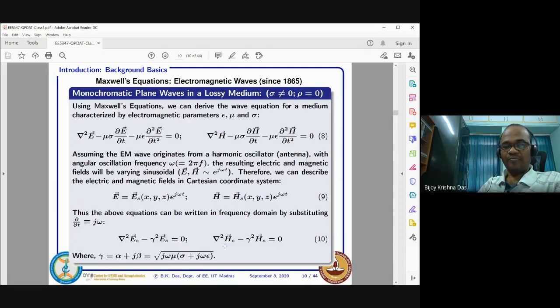of Maxwell's, then the ultimate solution you should write as that solution multiplied by e to the power j omega t. So the space dependent part is multiplied by e to the power j omega t. Remember that initially when we started Maxwell's equation, we showed that S(t) is a function of time. That's a time signal, and it can be decomposed into different harmonics.